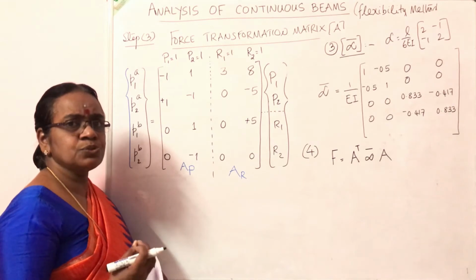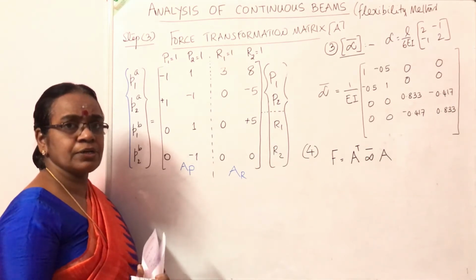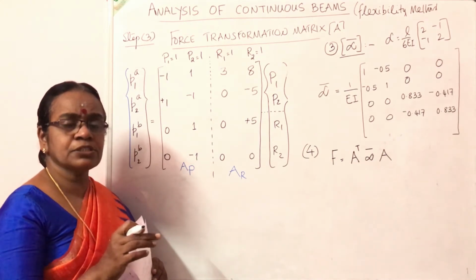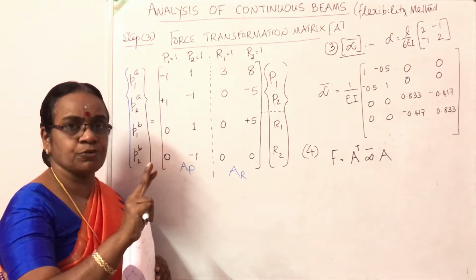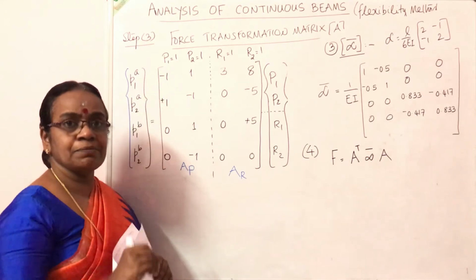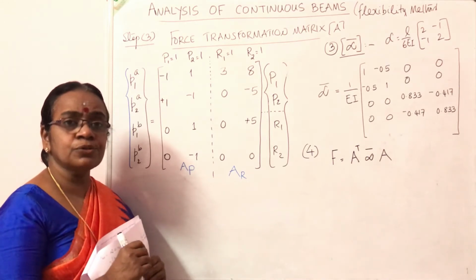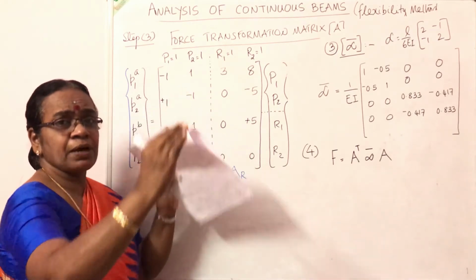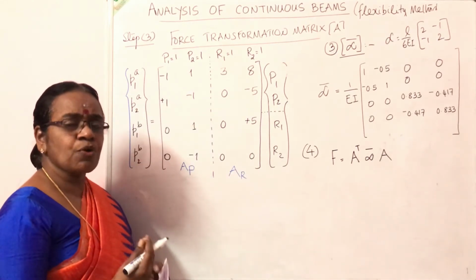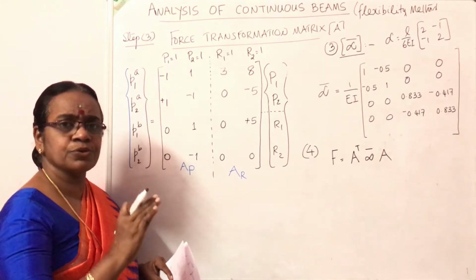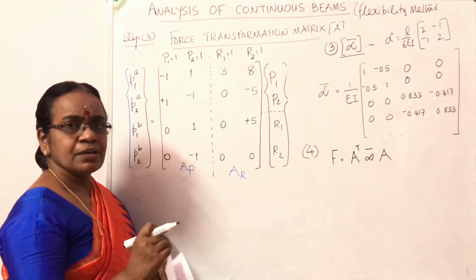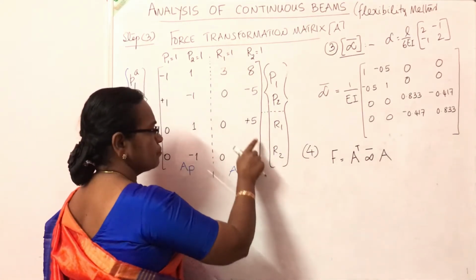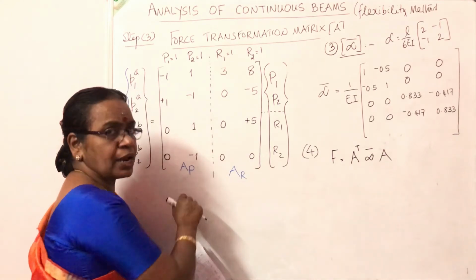But here we can do some simplification in calculation because we are going to deal with the element approach. In this particular structure there are only 2 redundants and 2 external nodal forces. But if there are more elements, more external nodes and nodal forces, and more redundants, multiplying that n by n matrix is a very difficult task. So we do the multiplication partially. Instead of F is equal to A transpose alpha bar A, I can do the multiplication for AR alone, similarly for AP alone.